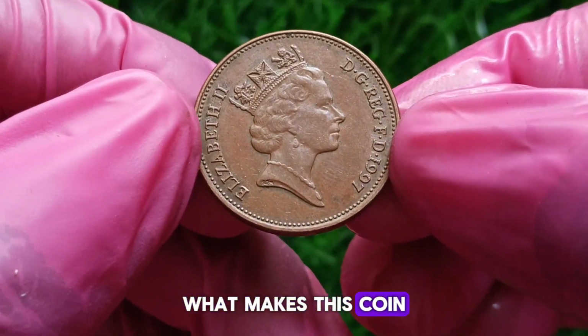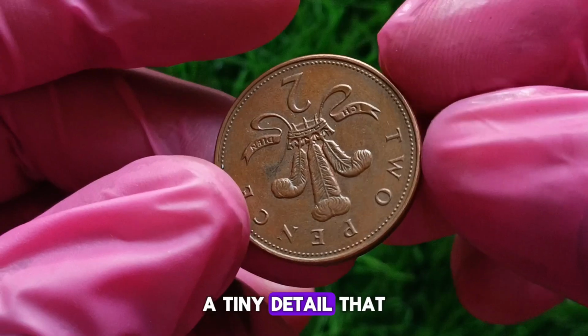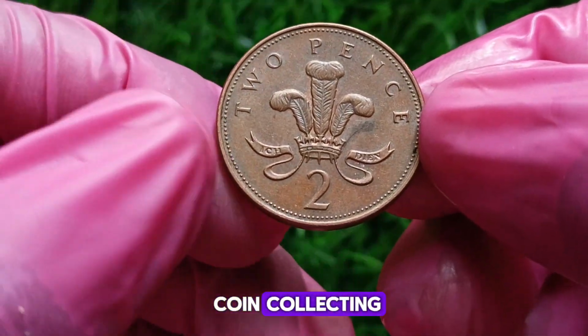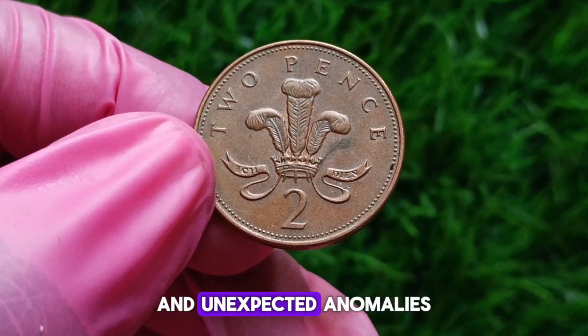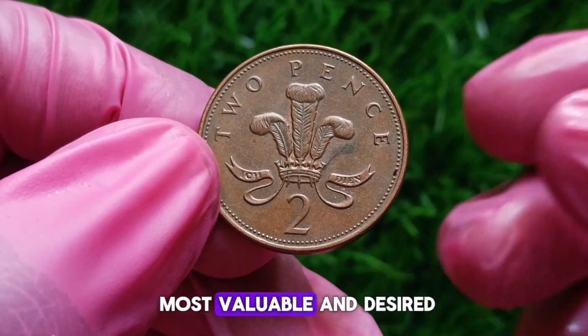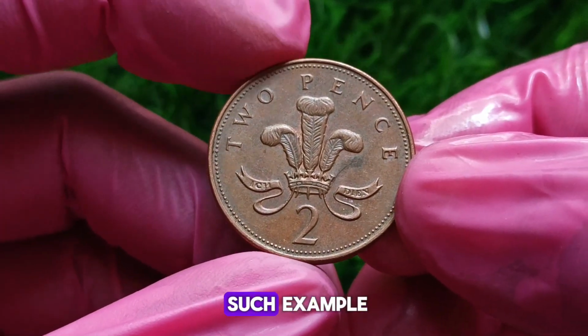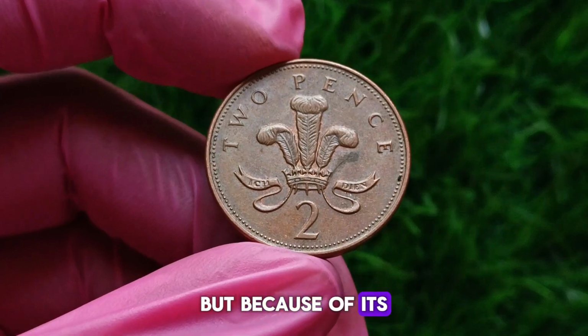However, what makes this coin so special is the absence of the mint mark, a tiny detail that completely transforms its importance. In the world of coin collecting, small mistakes, rare variations, and unexpected anomalies create some of the most valuable and desired items in history. This coin is one such example, standing out not because of its face value, but because of its unique story